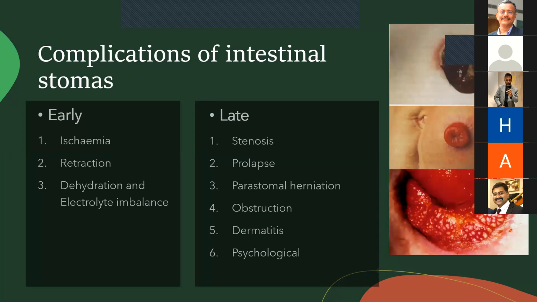Okay, what is the commonest complication of that procedure? Pouchitis? No. If you are doing it for familial polyposis, why would you get pouchitis? If you're doing it for IBD, maybe. Probably the revision surgery is required. Mahesh, correct me if I'm wrong, but I think the commonest fear that people have is about ischemia.